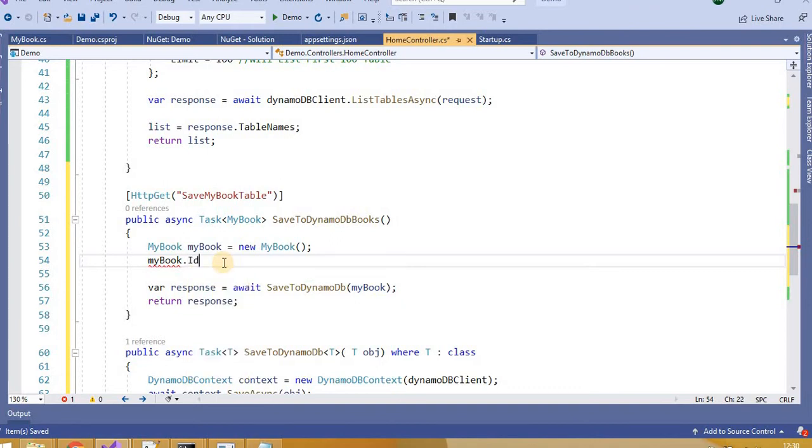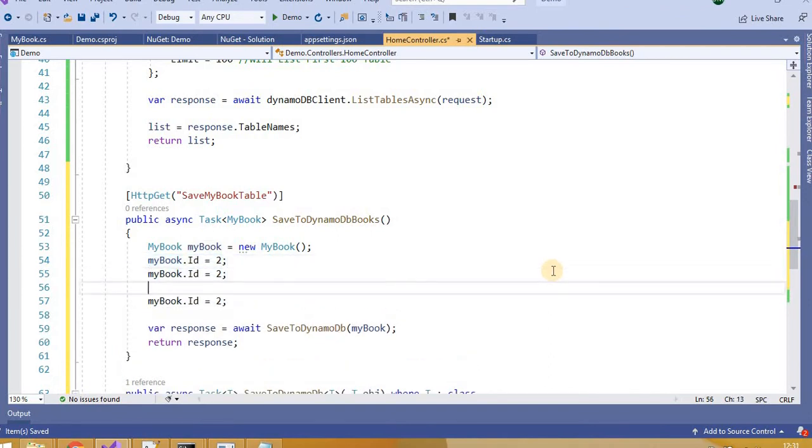Let's say ID is 2, okay, it's an integer, and then we have other properties, ISBN, I will say its number is this one.